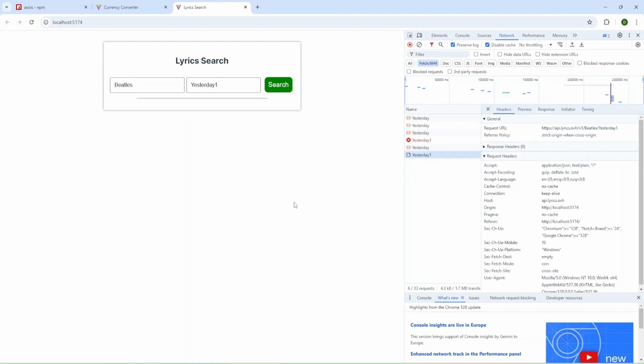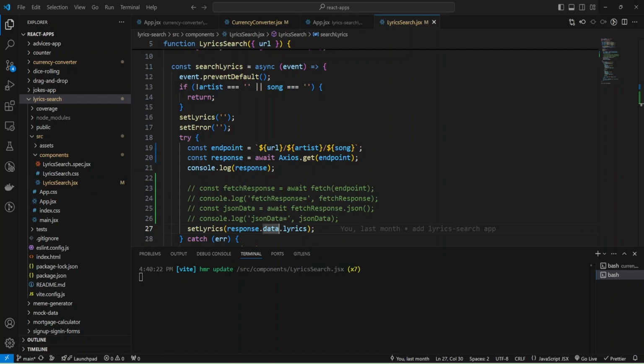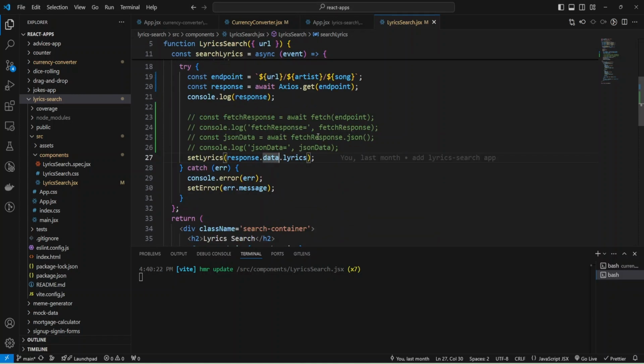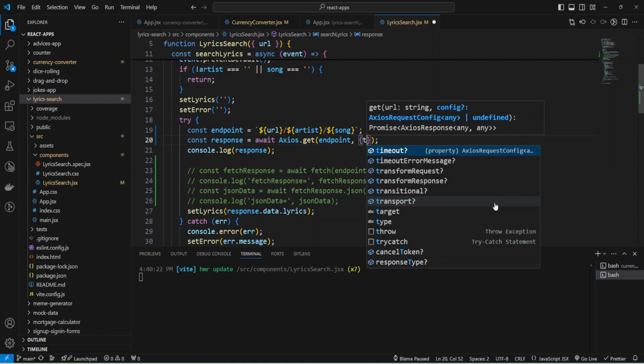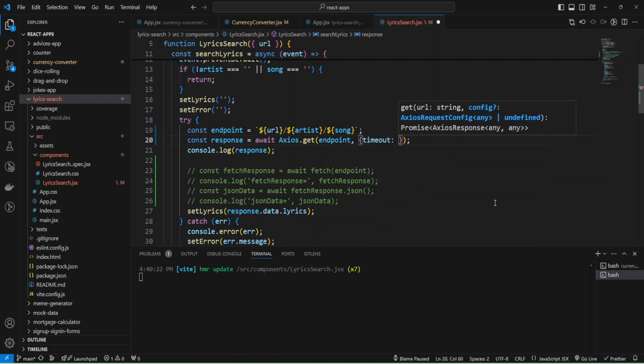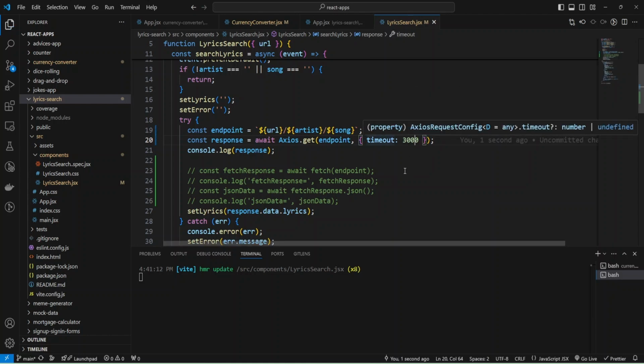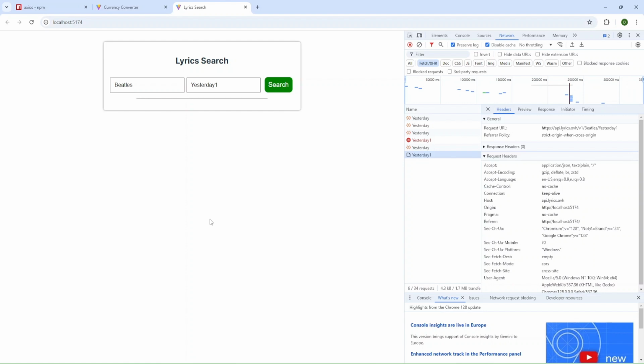Now I'm going to add a timeout to my request, inside Axios get. I'm going to provide timeout and set this as 3 seconds, 3000 milliseconds, and let me send the request again.